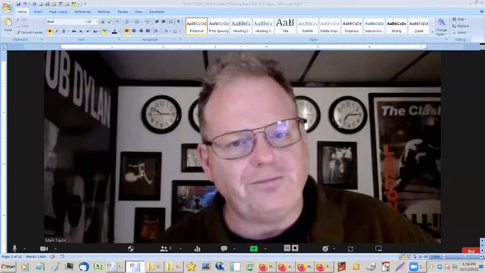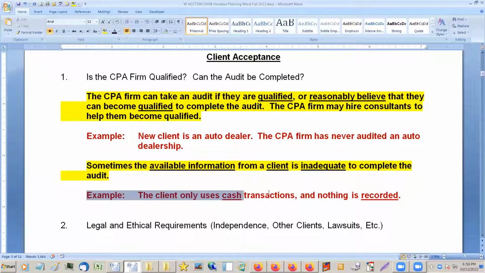If you were an auditor and you had to audit one of these things, it'd be really hard to do. Everything's done in cash, nothing's written down. It's all immediate. Stuff comes in, they pay for it immediately with cash, they sell it for cash. There's nothing written down. I mean, you can check the person's wallet at the end of the day or something, but it'd be very difficult to audit something like that. And when that occurs, you cannot take the audit.